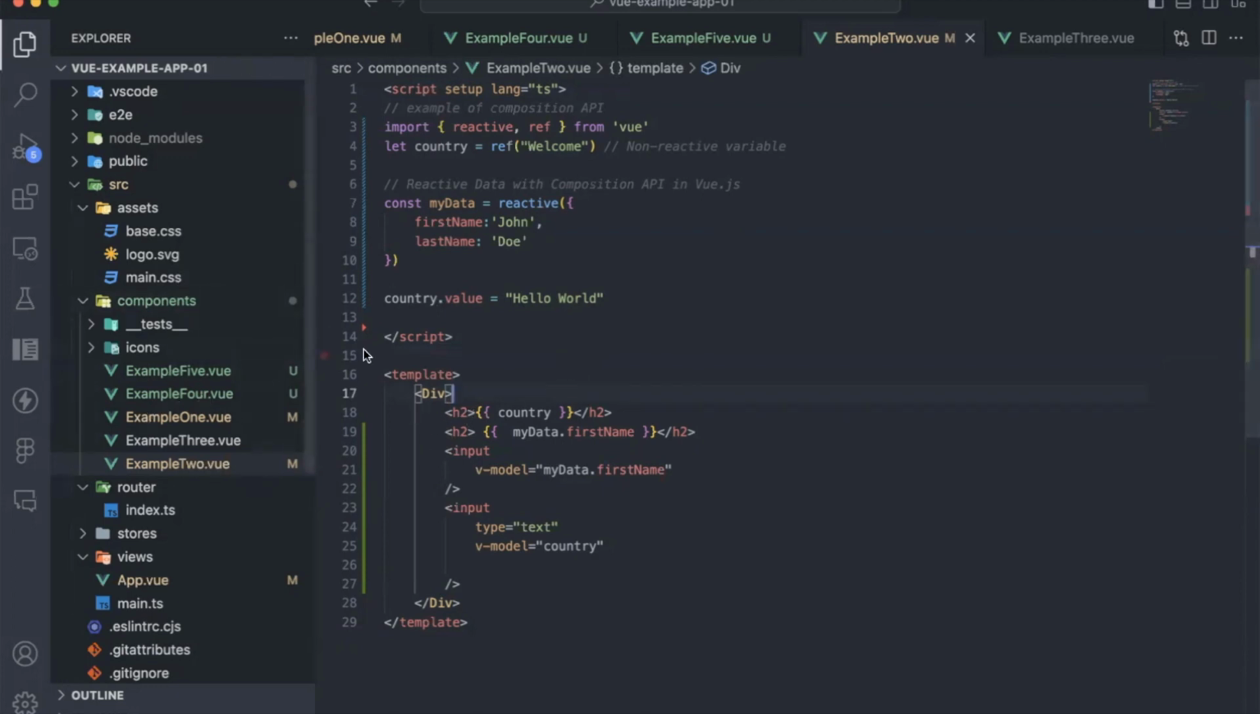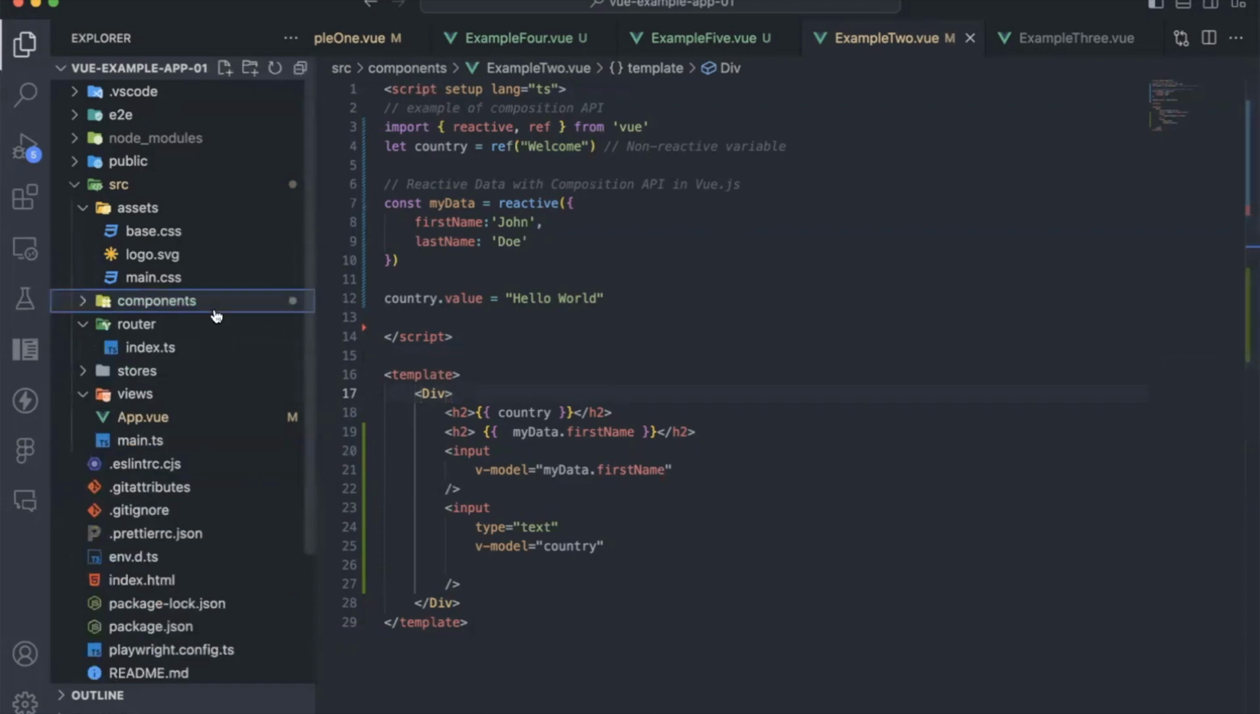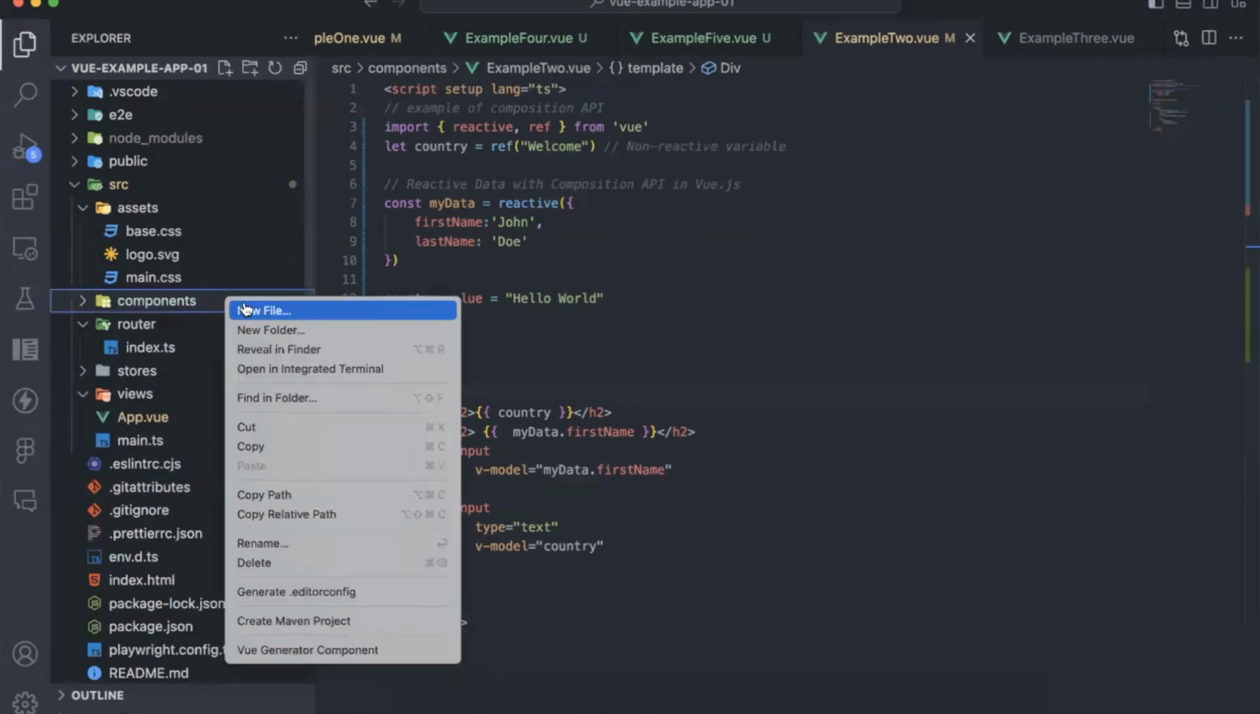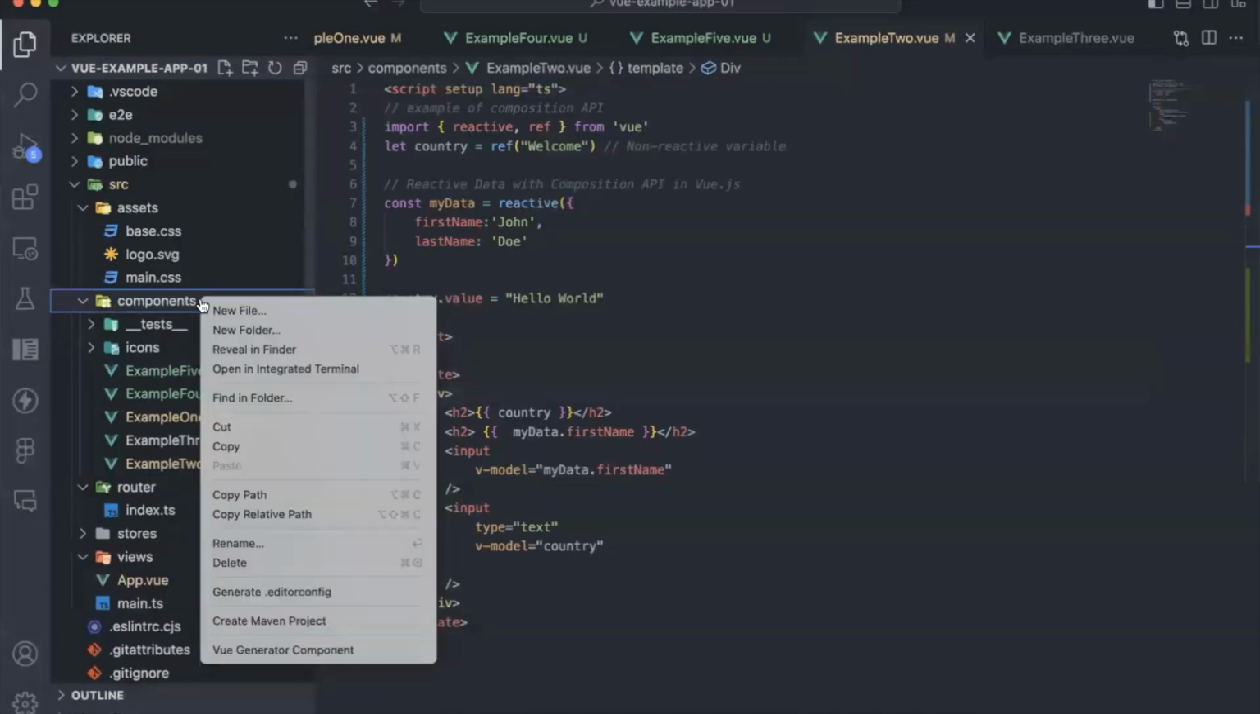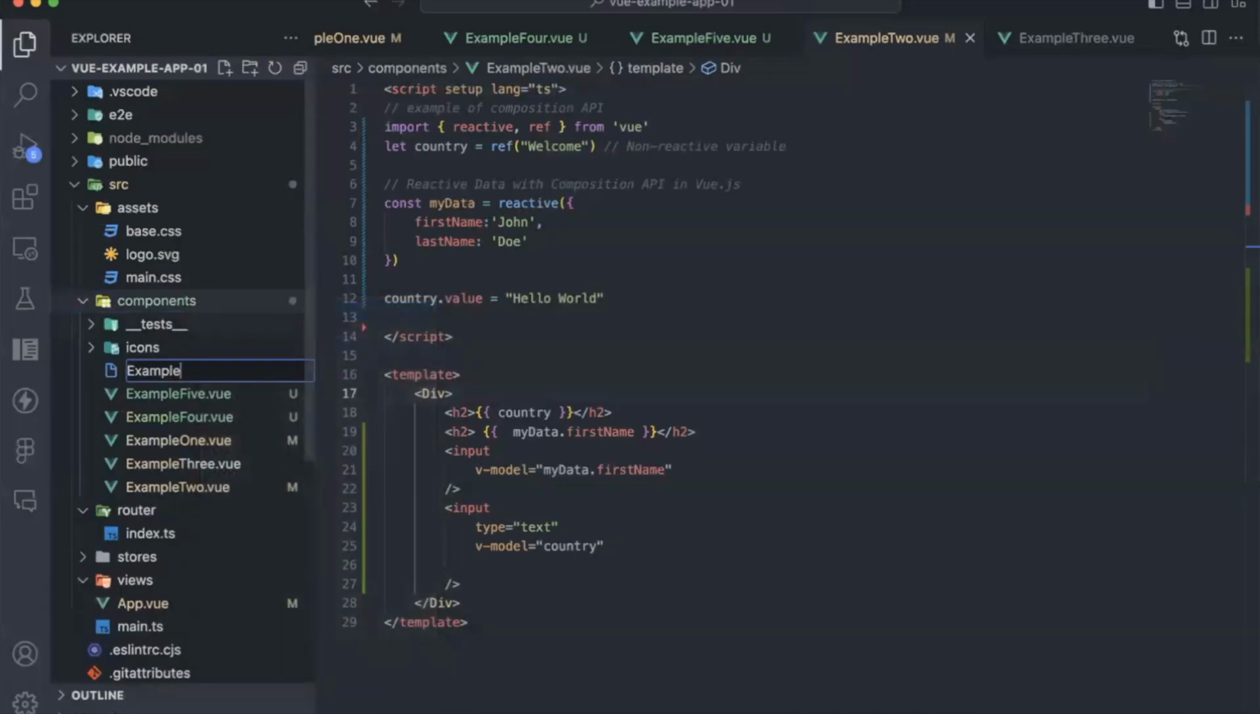In this tutorial, I'm going to walk you through creating a simple component using Options API in Vue.js. I already have a few examples of these components here, but I would prefer that we create a new component from scratch. So let me go to the components folder and create a component called example